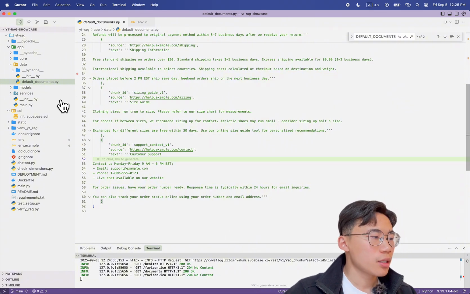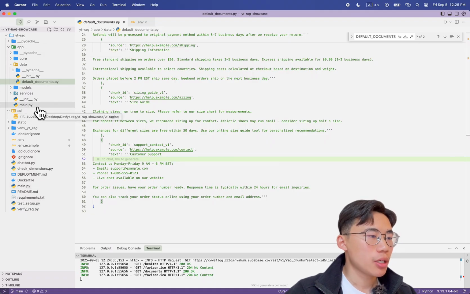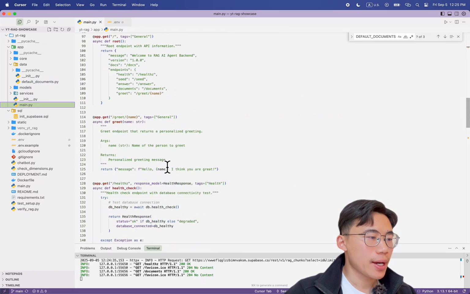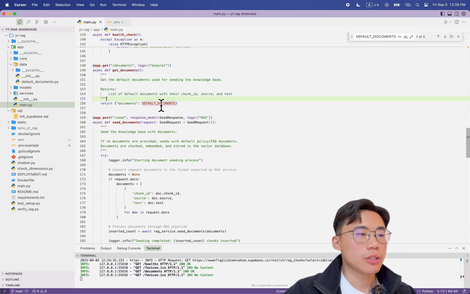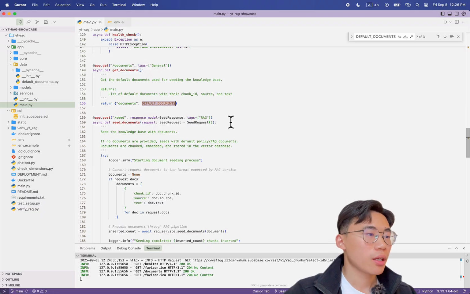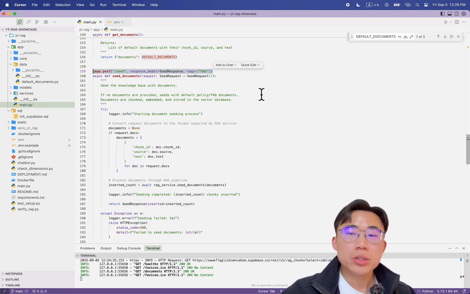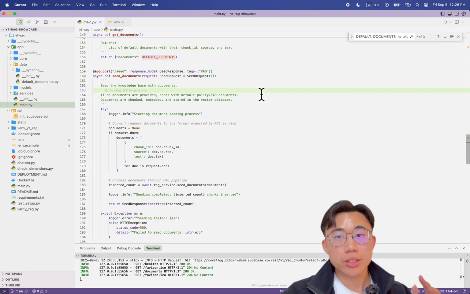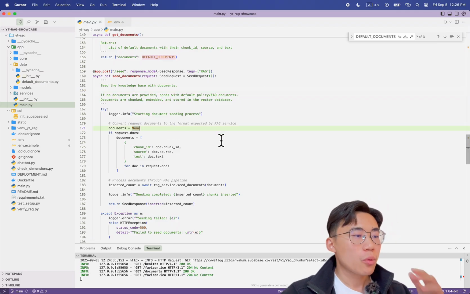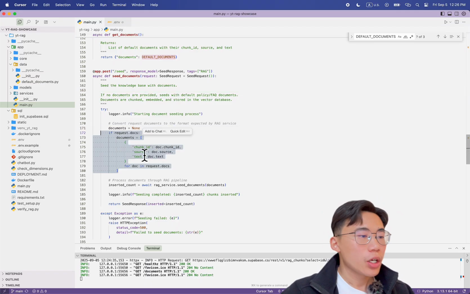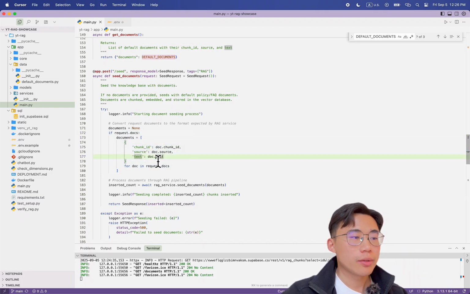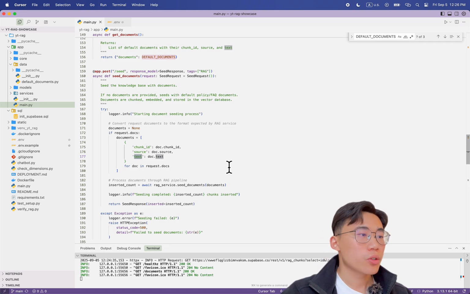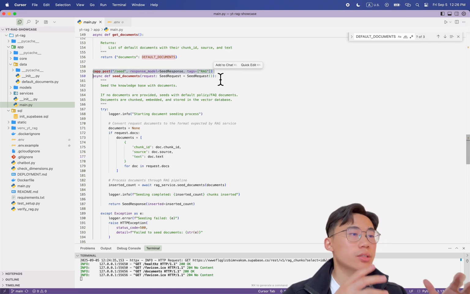So if we go back to app/main.py, if you call the API at the URL /documents, it's basically going to show you the default documents as I showed you earlier, okay? Another endpoint is called /seed. What this one does is it's going to take the input documents and turn them into chunk ID, source, and text. Remember, this is how we're going to store it in the database, all right? So with this API, I'm going to show you how to turn these documents into the